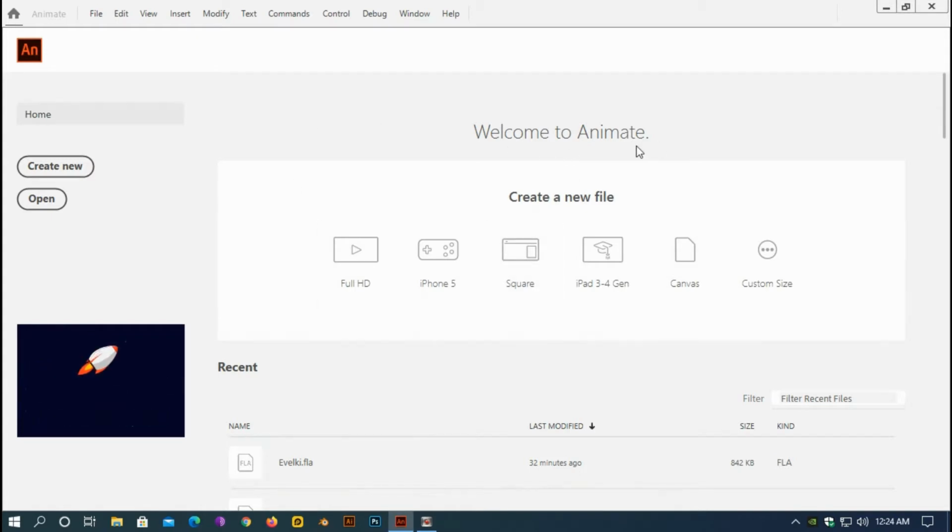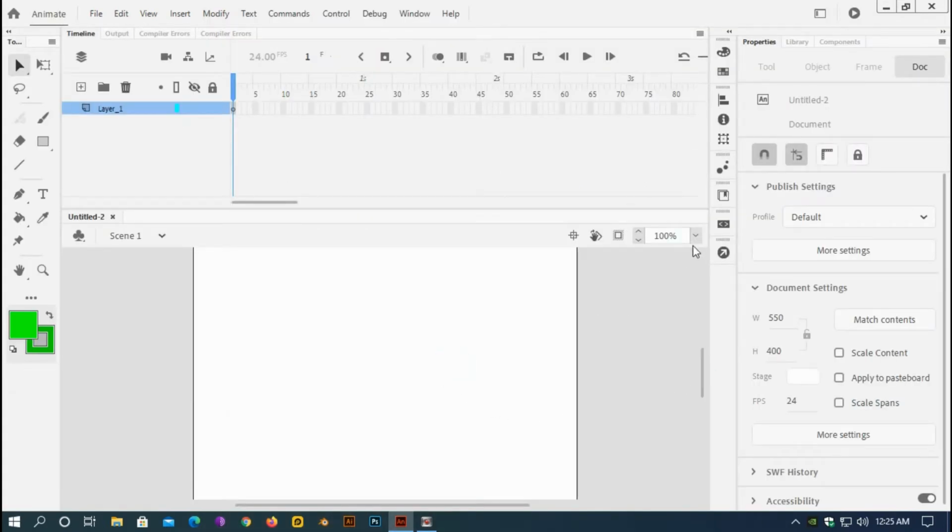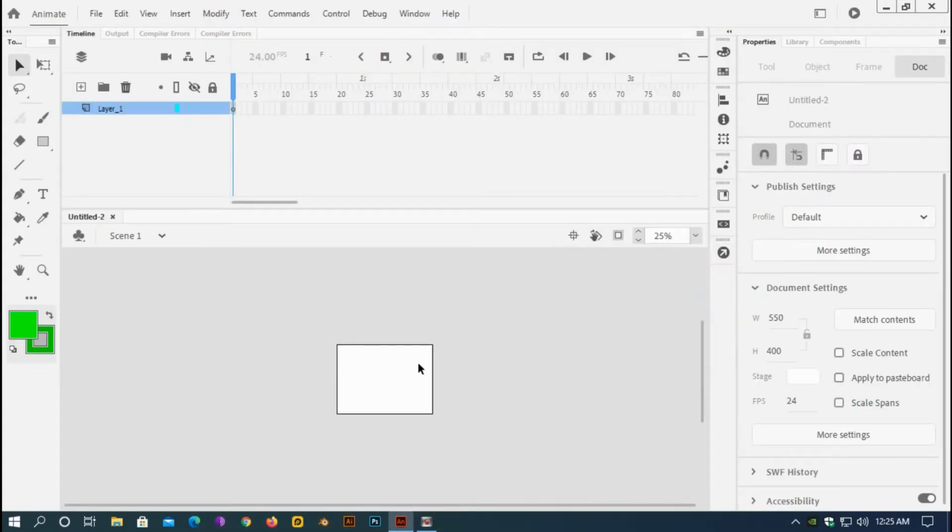Here I am using Animate. I'll click create new. Here I have got a lot of options. I'll select ActionScript 3 and then click create. Here I have got a blank document, and I'll change the dimension to 600 width and 200 height. Okay,